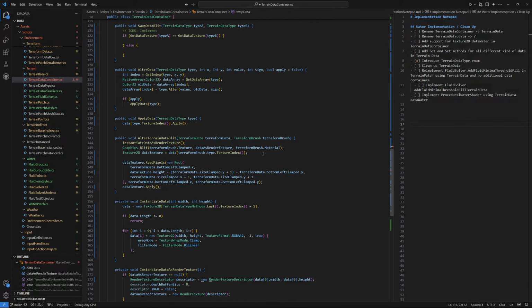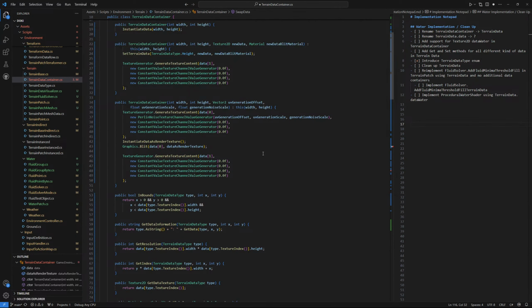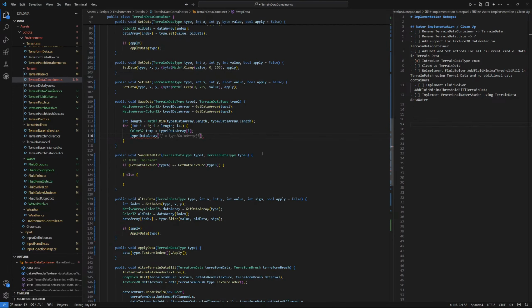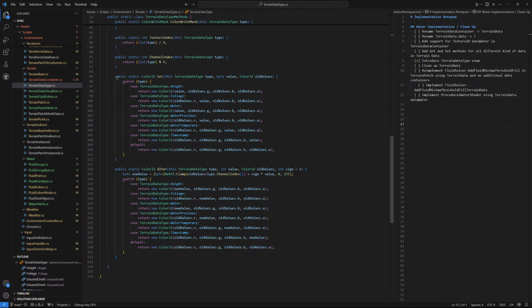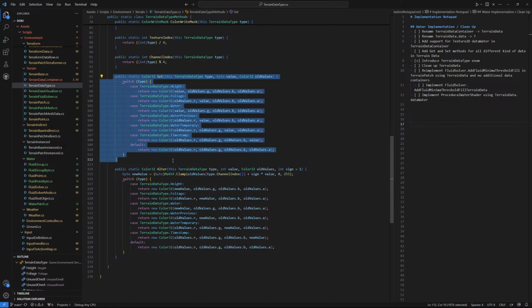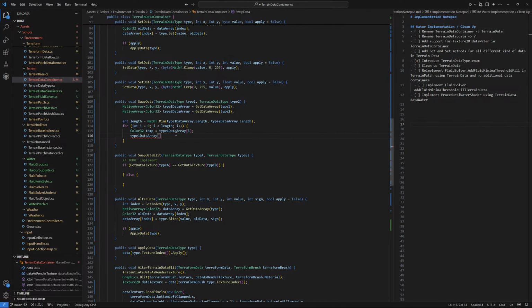Let's set. So I think we're gonna do this. Let's see. Type 1 data array I is equal to type 1 dot set